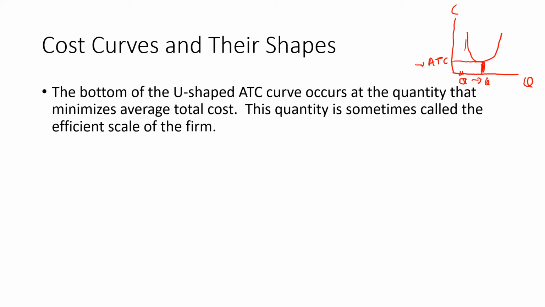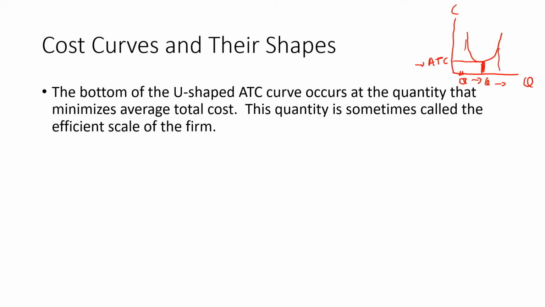And then again, if we increase further, the average total cost will rise. So it is only minimum at a certain quantity, and this quantity is called the efficient scale of the firm. At this point, it has the least cost, but yet this is not the point at which the firm will